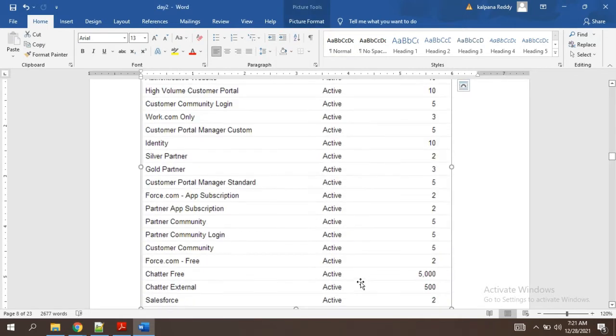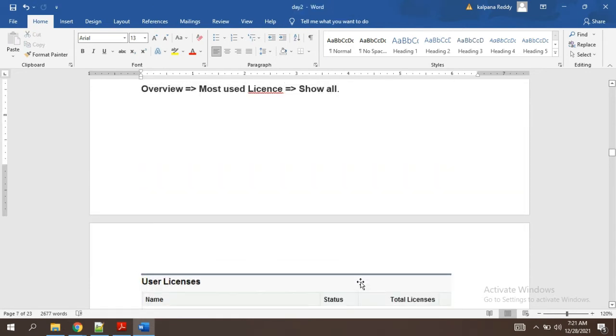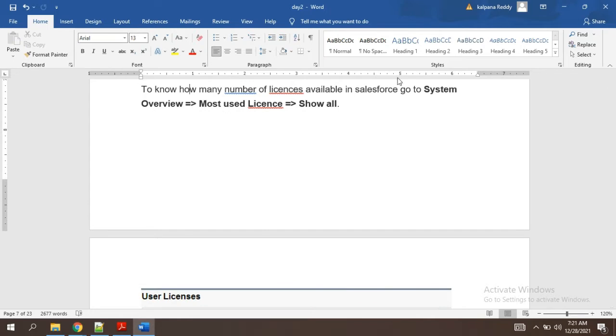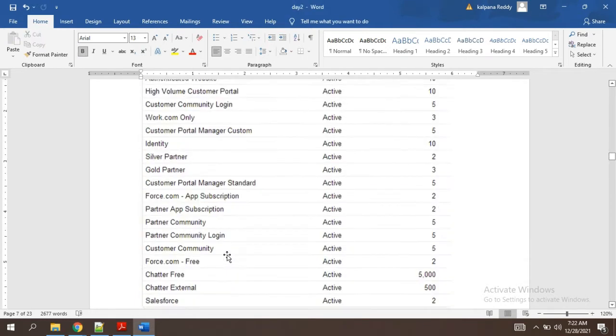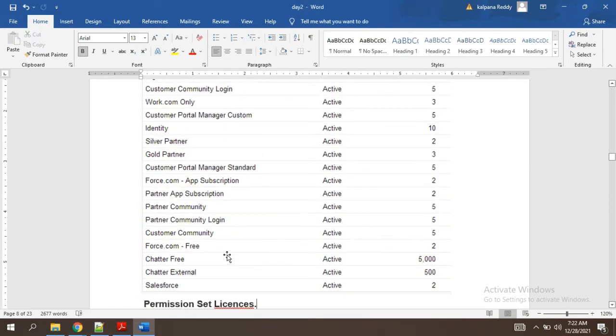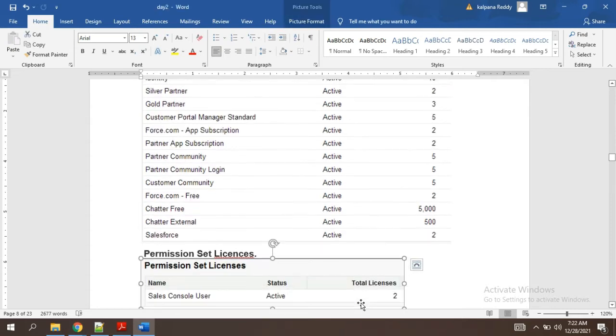To understand how many licenses are there, we can go to user licenses, most used, system overview. You can click on most used licenses. Then if you click on that, you will get all this list. So how many licenses, like Salesforce, Chatter Free and external, you will be able to see.